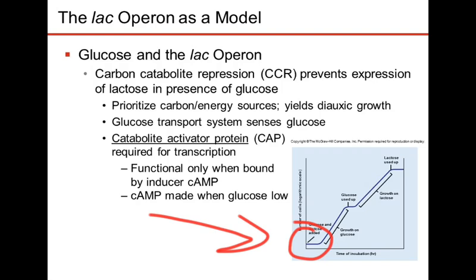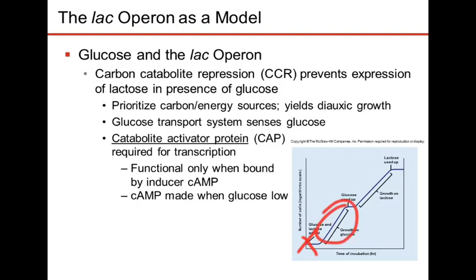And so the third question is, is transcription happening in that first phase, in that first lag phase? At the lac operon, is transcription happening? No, it can't happen because the CAP activator protein's not there. So here we've got no transcription happening at the lac operon. Okay? What about this next phase right here? This first exponential phase. Still glucose present, still lactose present. Is there any transcription happening at the lac operon? No transcription at the lac operon.